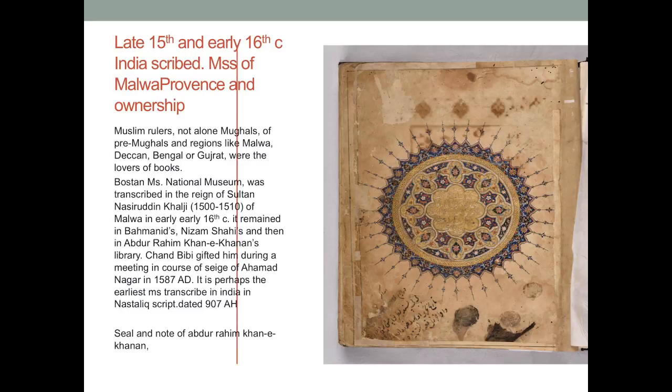And this is also interesting that in rare manuscripts of Iran, the Shamsa is used as a seal of the library. In India, it became a fashion that Shamsa, the opening sun of the book, showing the light, is used as a seal of the library. This is the seal. If you can read it, in the middle one, it is written, Berasme Kitab Khane Sultan Nasiruddin Khalji,